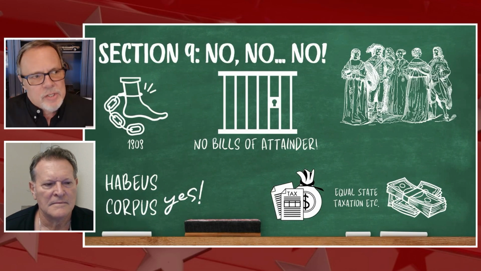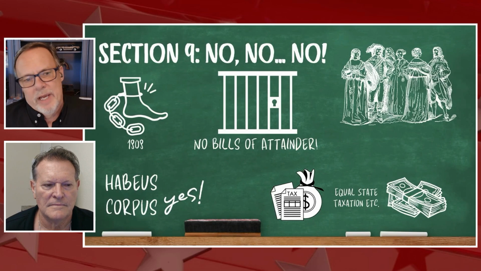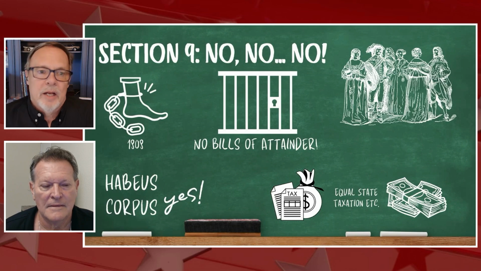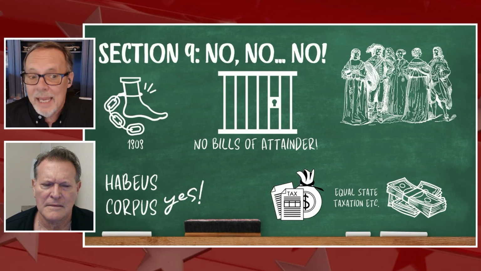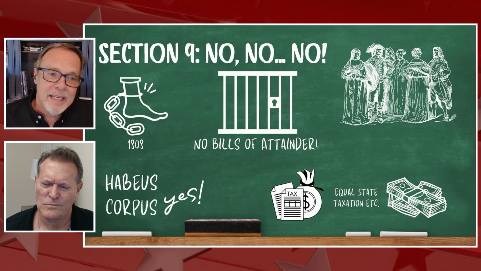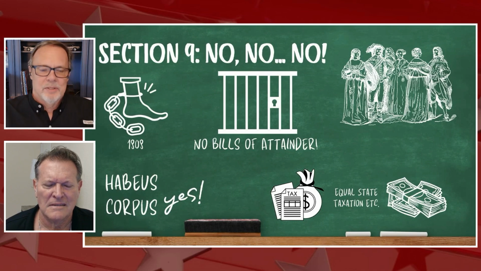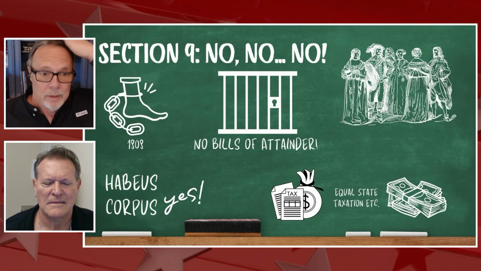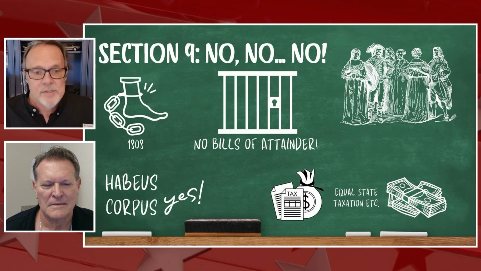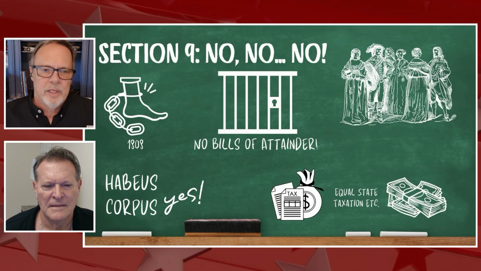In a gesture of typical Washington compromise, they said, let's punt the slavery issue down the road a couple of decades. And they said Congress cannot stop slave importation until at least 1808. And that gave the slave states enough of a window to deal with that radical logistical change, if nothing else, at that point. So again, we'll do a whole show on that because it's really a fascinating story.